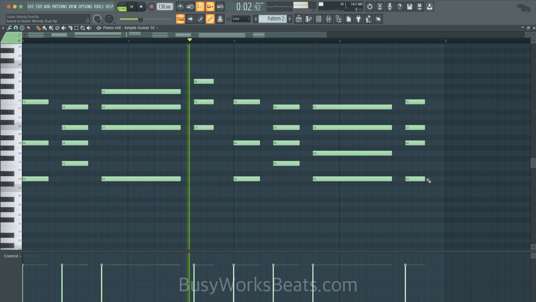Okay, so now we need to add these in-between notes. And what we can do is take the note. So we're going from this chord to this chord. So what I'm going to do, the in-between notes, we're going to take the notes from the next chord and place them right after we strike the first chord. So we're warming the ear up to get ready for the next chord. So let's do C and E.